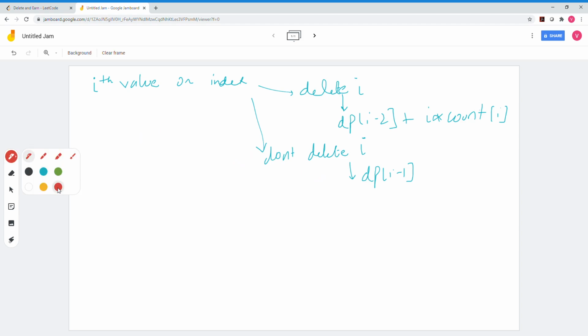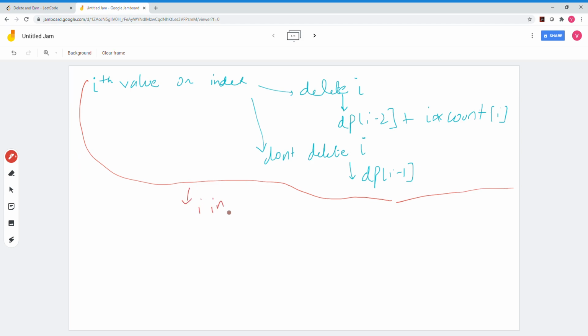We do all this circus if i is in nums. If i is not in nums, you cannot delete i. So the maximum score you can obtain up till the value i or the ith index is simply dp[i-1]. Now you have two values over here, so you just take the maximum of these two values.